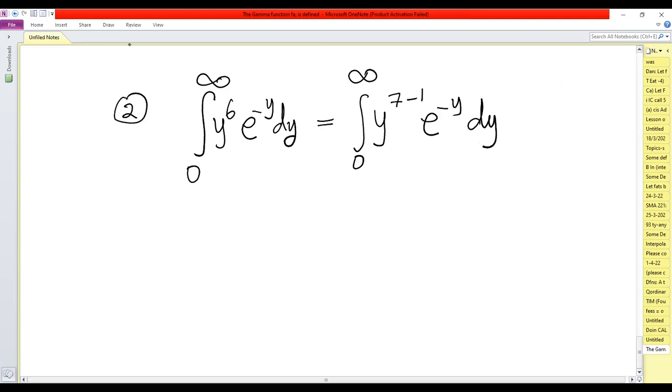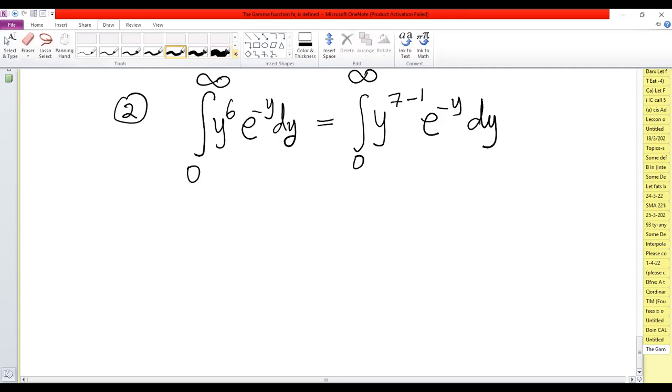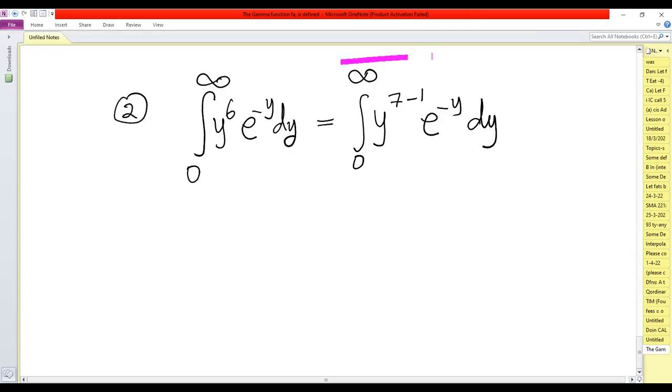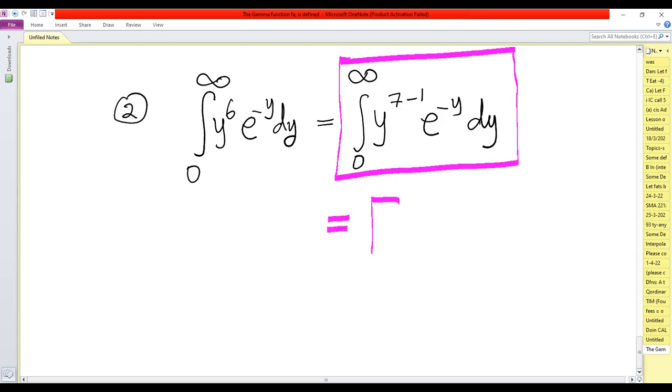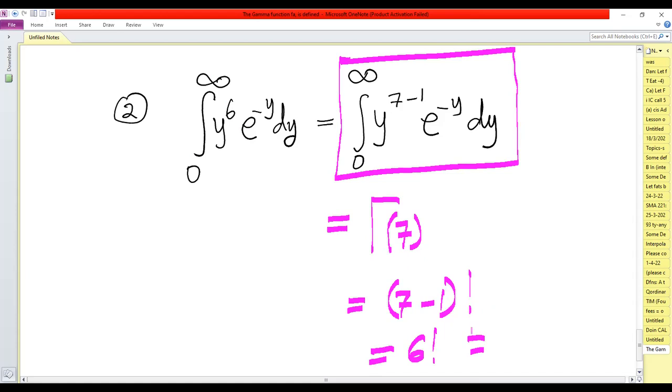Now, if you check the structure of this new integral, the way we have rewritten the integral, it is simply the definition of gamma of 7. So gamma of 7 is the same as 7 minus 1 factorial, which is the same as 6 factorial. And 6 factorial, when you work it out, you get